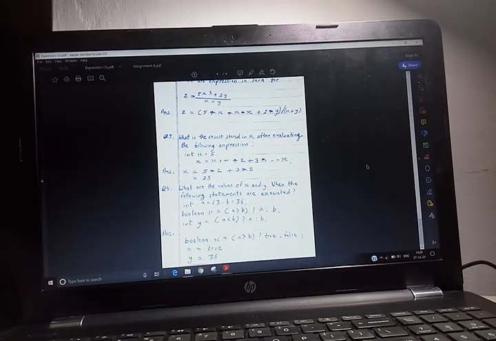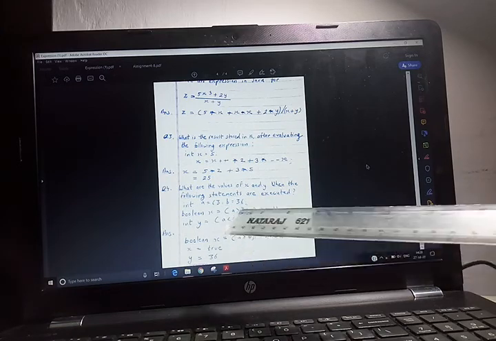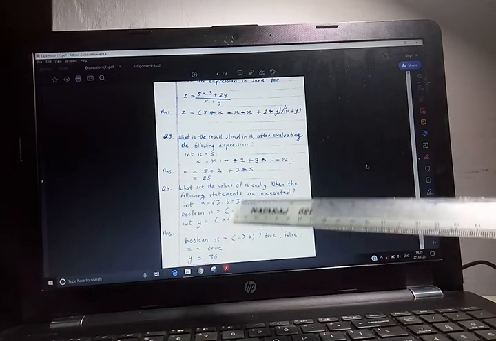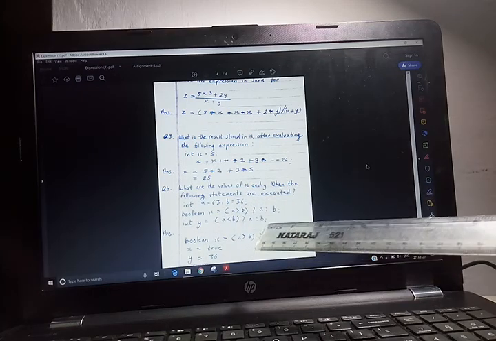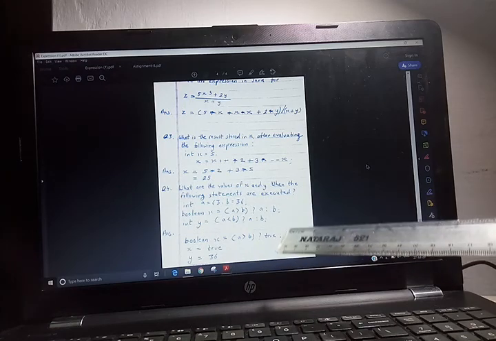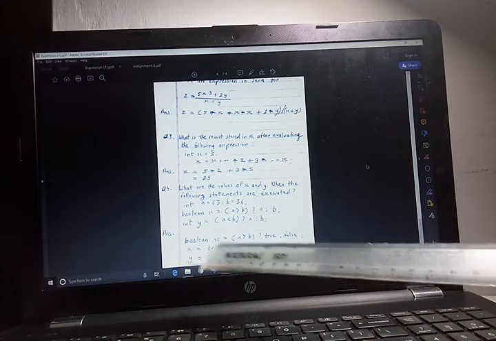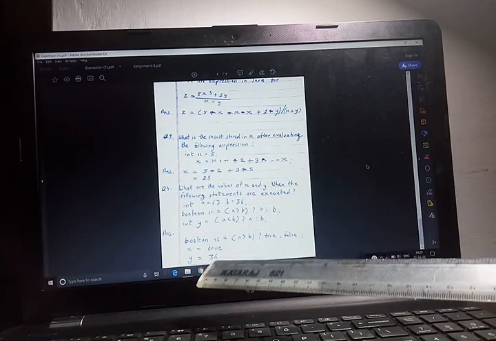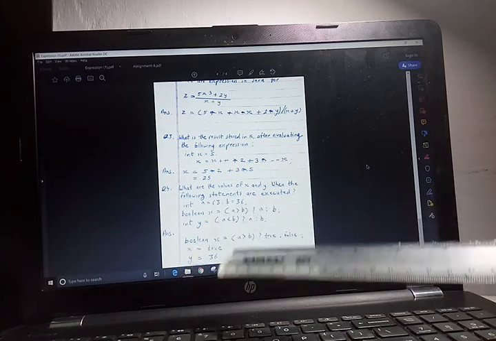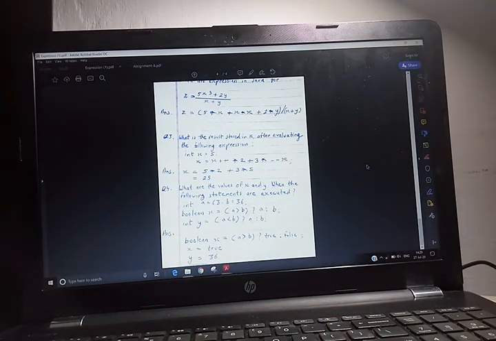Here all of you see Boolean x equals a more than b. The value of a is 63 and the value of b is 36. So obviously this one is true. This condition is satisfied, so x equals true and y equals 36. What is the value of y? That is 36. Clear? So these are all the expressions I have given you in the assignment.